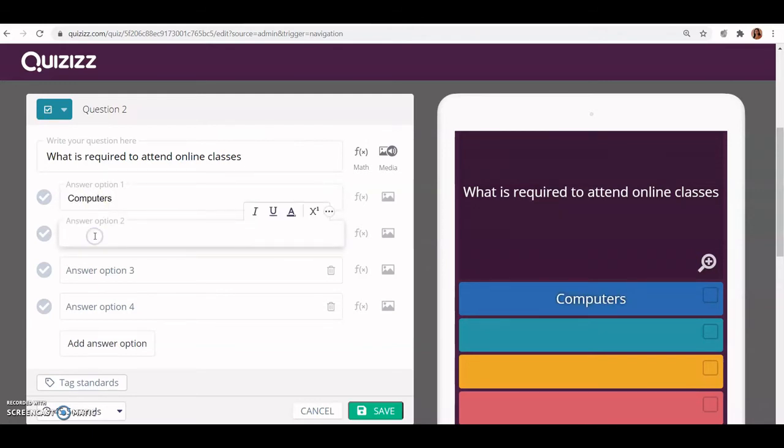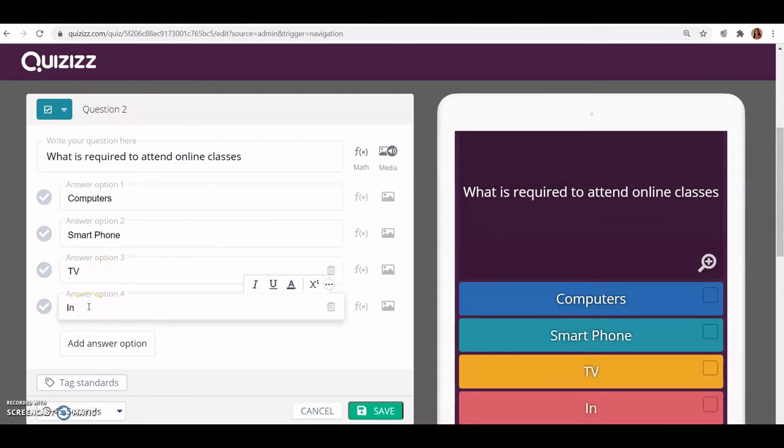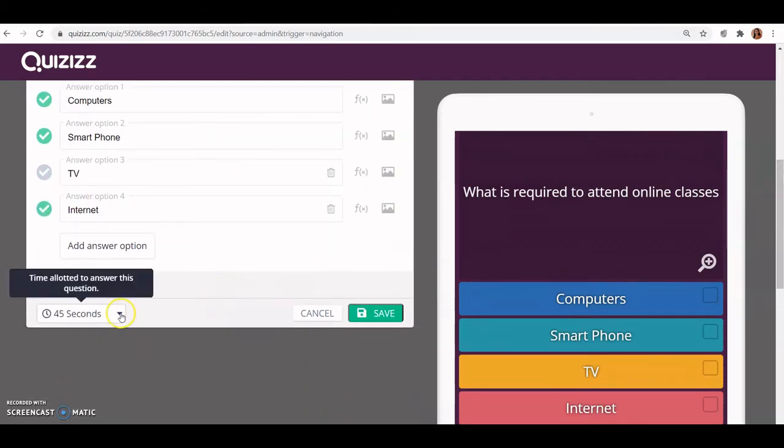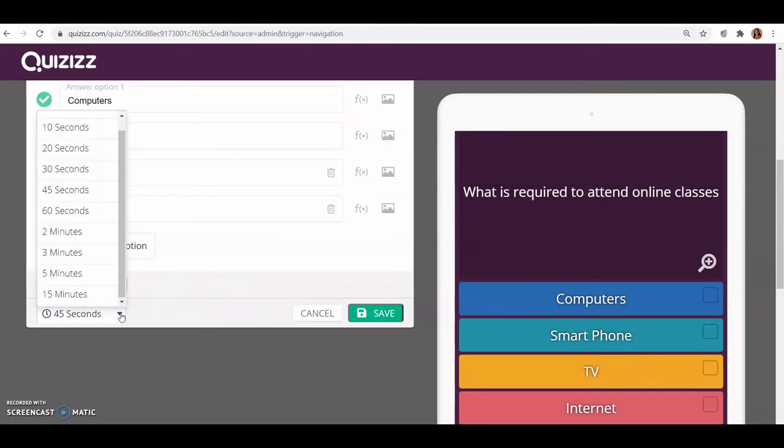So I am writing down the options: smartphone, then TV, then internet. So here the options which are correct for attending online classes are a computer, the smartphone or the internet. So 3 options are correct. Now if I want to change the timing again, by default 45 seconds are given over here.